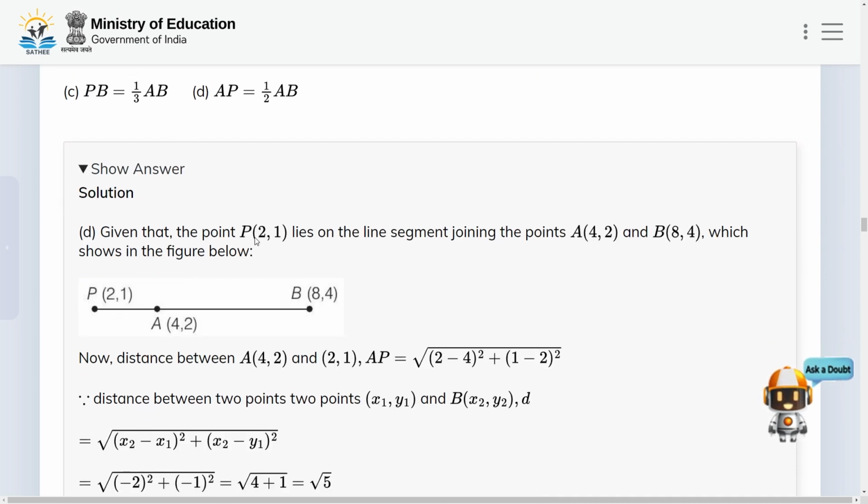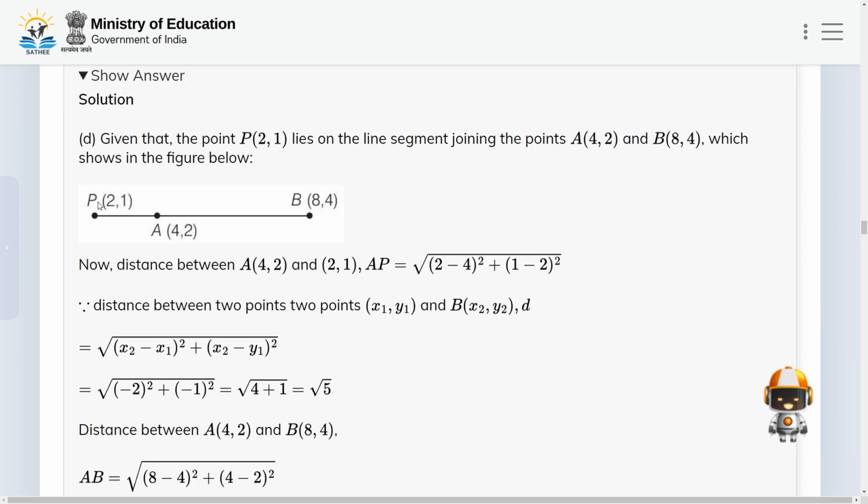So here, given that the point P (2, 1) lies on the line segment joining the points A (4, 2) and B (8, 4). As shown in the figure, this point is (2, 1), this point is (8, 4), and here is (4, 2). Now the distance between A (4, 2) and P (2, 1), that is AP,